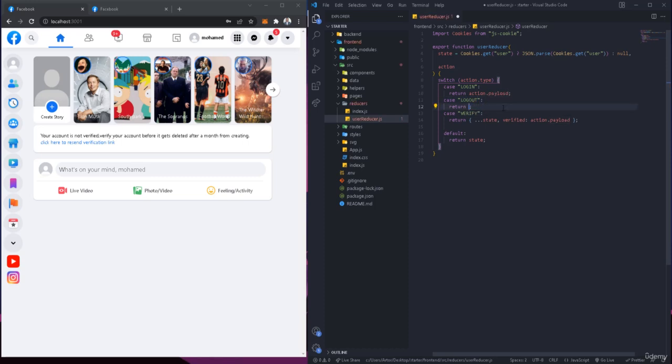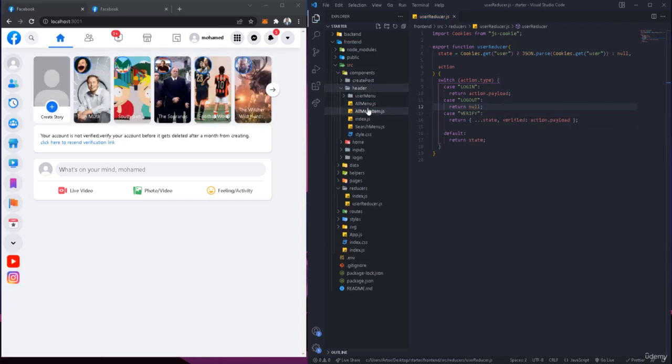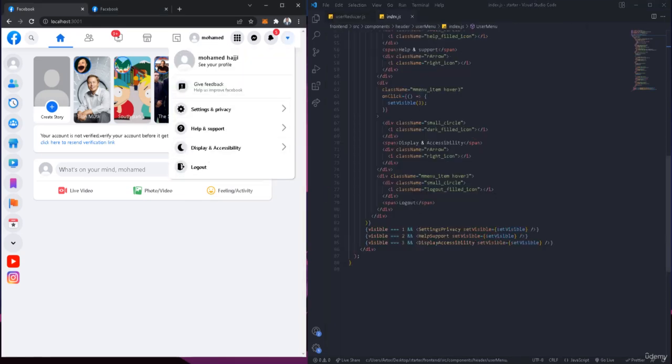So that means instead of the user, we're gonna just have nothing. So let's go back to the components, and then we're gonna go to the header, and then we're gonna go to the, what was it? The user menu, okay, this one, user menu, because this is what it's called. This is the user menu, okay? And we have this button here, logout, okay? We're gonna go right here, onClick,